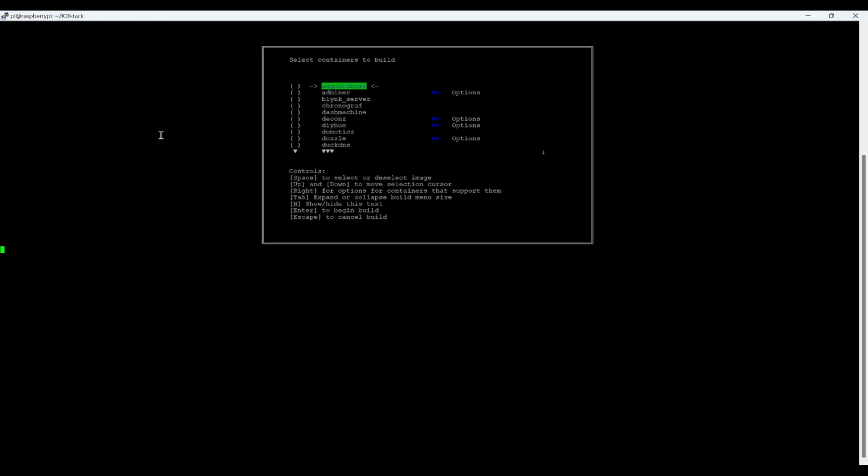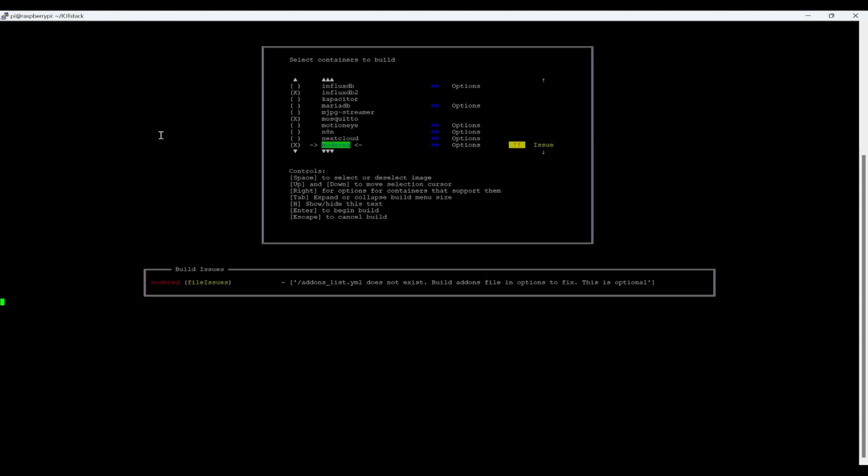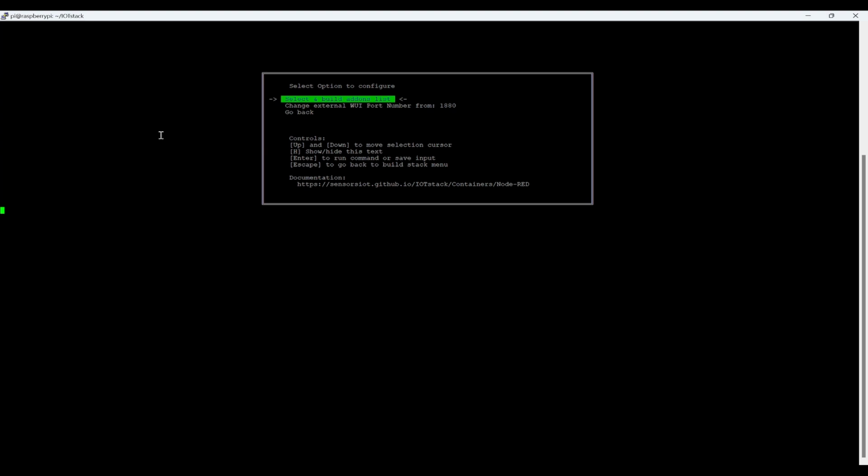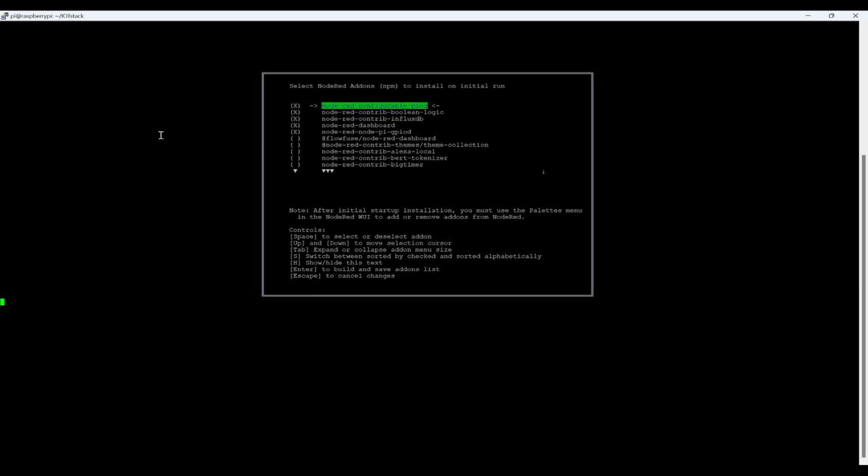Here we need to select the different containers that we want to build. We use the up and down arrows and the space bar to select them. I'll select Grafana with the space bar, then InfluxDB2, Mosquitto, and Node-RED. For Node-RED you have to use the right arrow, then select whatever you want to install in it.